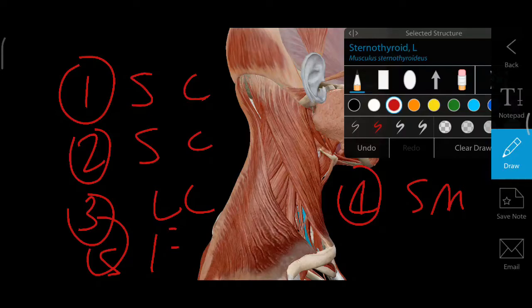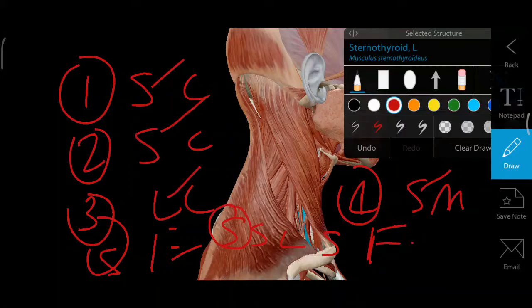So here we have one trick. You have 1S, 2S, L, S and F. How can you remember? Remember: Sanjay sir loves samosa and French fries. The first S is for semispinalis capitis, the second S for splenius capitis, L for levator scapulae, S for scalenus medius, and F for the first digitation of the serratus anterior. So the floor is quite easy with this simple trick: Sanjay sir loves samosa and French fries.